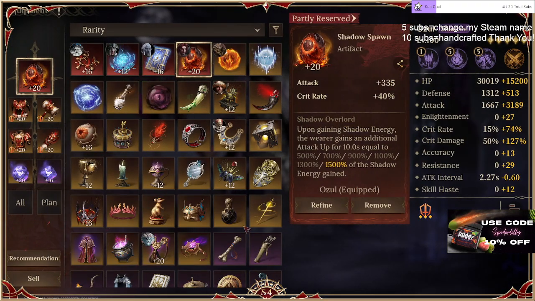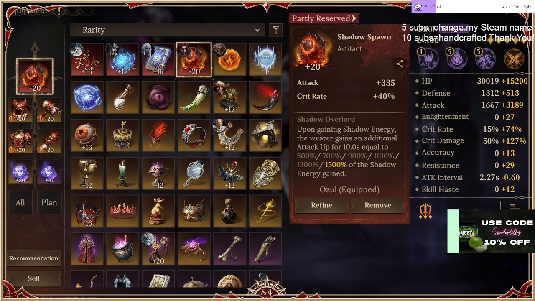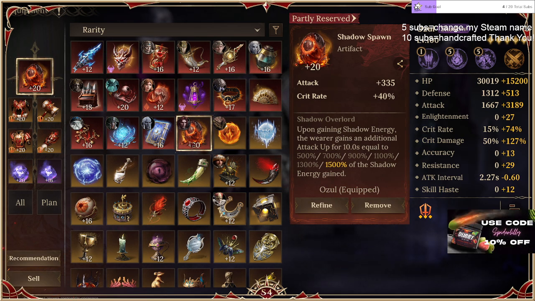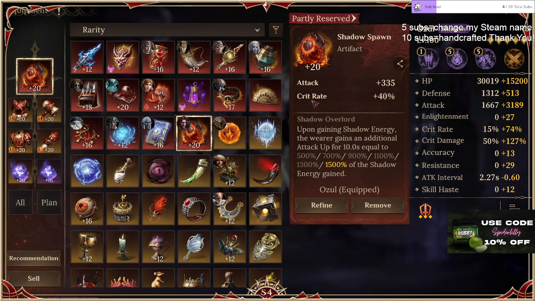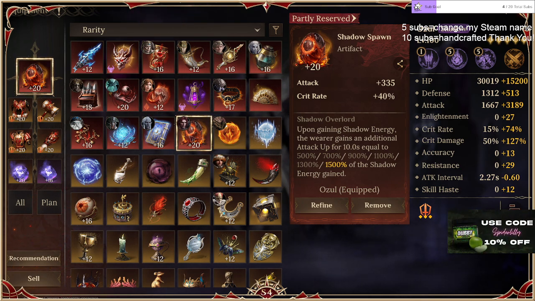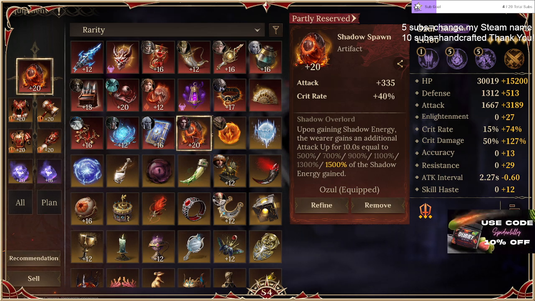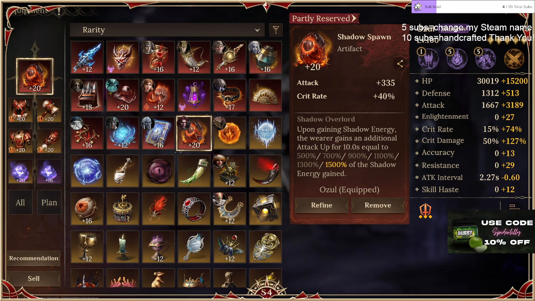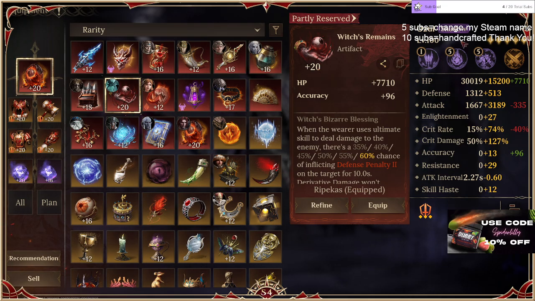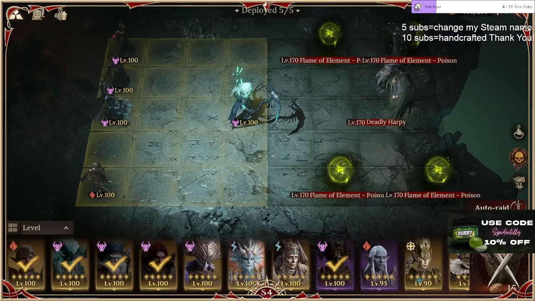Ozul's, if you cannot get the exclusive artifact for Ozul, this Shadow Spawn is excellent. And it's the first thing I put to 20 on my account. As soon as I got a duplicate Ripekas, or is it a Charlac? I think I got a duplicate of Charlac, and I bought the Shadow Spawn. It was one of the first things I made a beeline to once I had Daphne, because it works very well on Daphne as well. You can also notice that the Witch's Remains is at 20, and Ripekas is wearing it. I believe that's everything